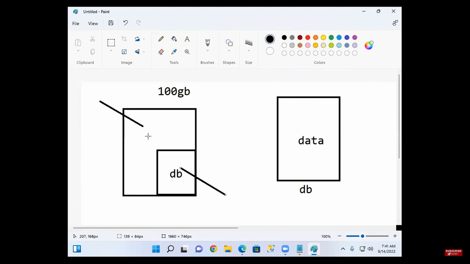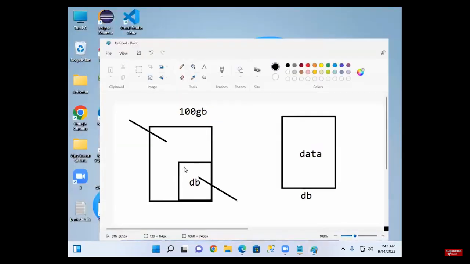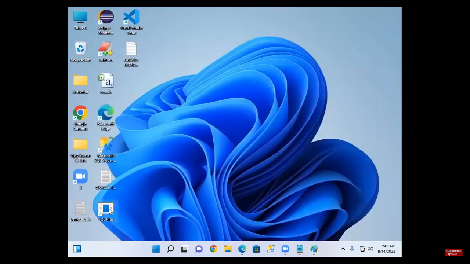Like this 75 GB, everyone can access. Once you log on to Windows, you can open the C drive, the D drive, the F drive, yes or no? That is why you can call this public memory. But this database is private memory. Not everyone can access this memory. Only authorized users can access this database. For example, I want to connect to the Oracle database.